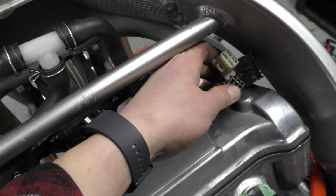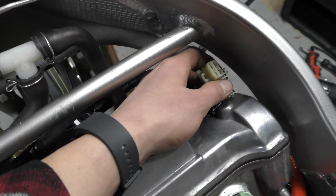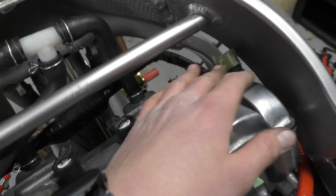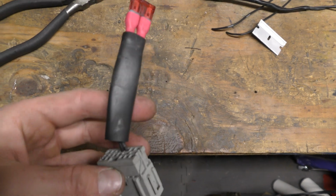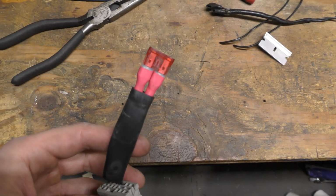This one goes behind the clean air mod hoses, and this is where I'll do the ignition panel, the clutch switch bypass. So that's kind of where I want it, because that's where the panel will sit. Here's your clutch switch bypass right here. Basically all you have to do is take the two wires off the harness, and you can jump them together,